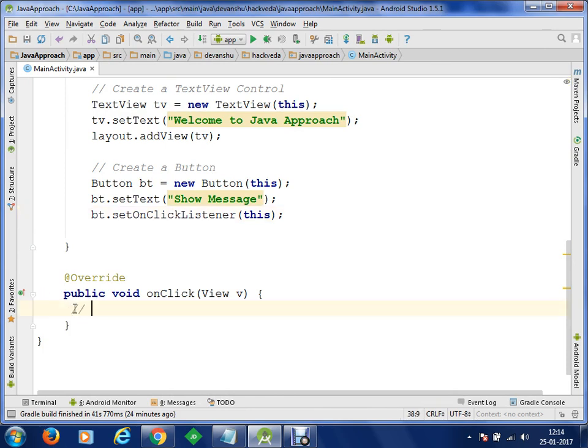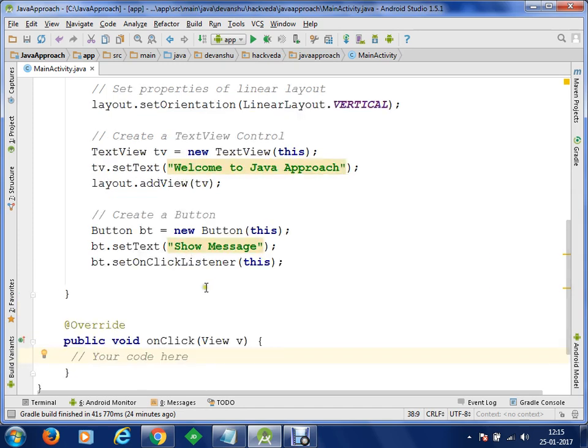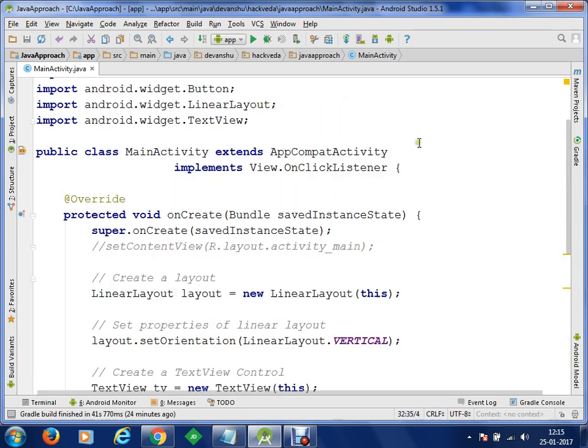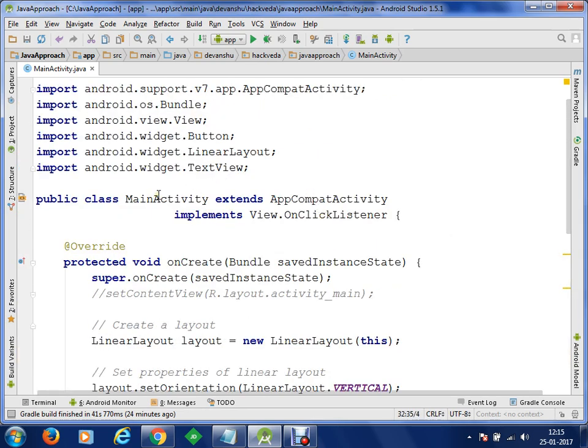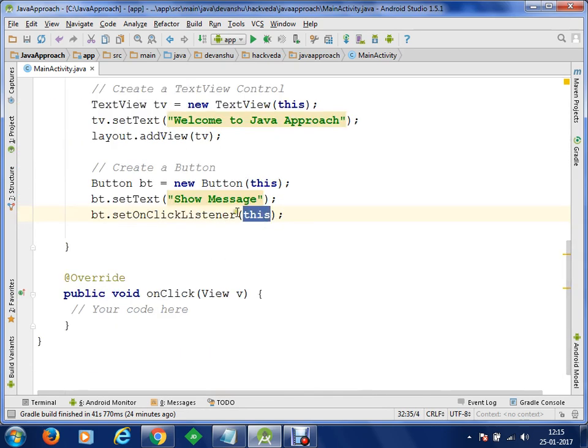Okay, so your code executes here. जो भी आपका कोड है, जो भी आप एग्जीक्यूट करना चाहते हैं बटन क्लिक इवेंट के ऊपर. क्लियर? समझ गए? तो पहले मैंने क्या किया था, पहले मैंने instead of implementing OnClickListener within my current activity, I have created a new instance here itself, and within that instance I have overridden my onClick method. Okay, so that was the shortcut, and this is the complete process.